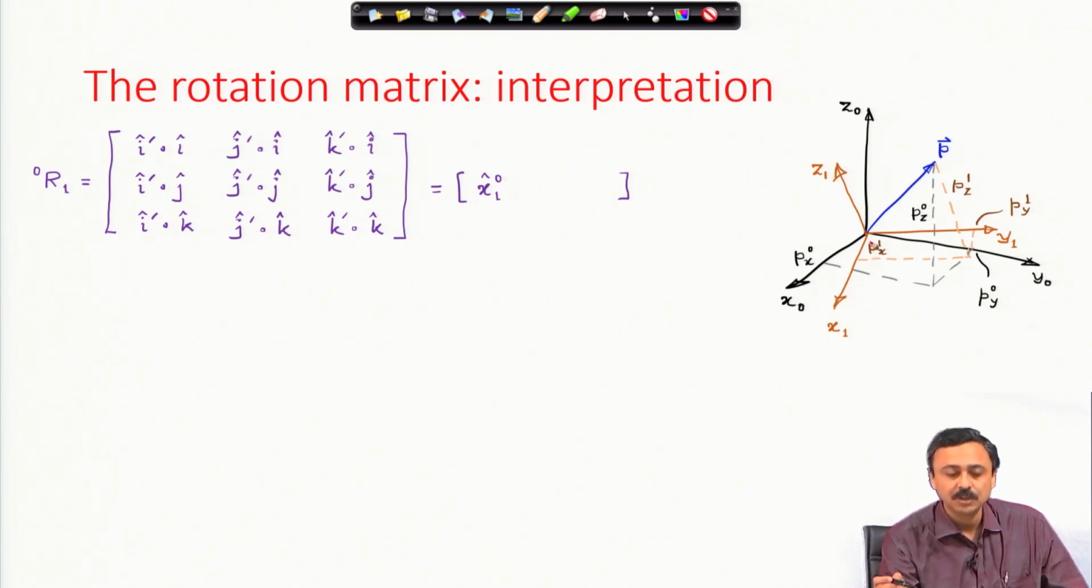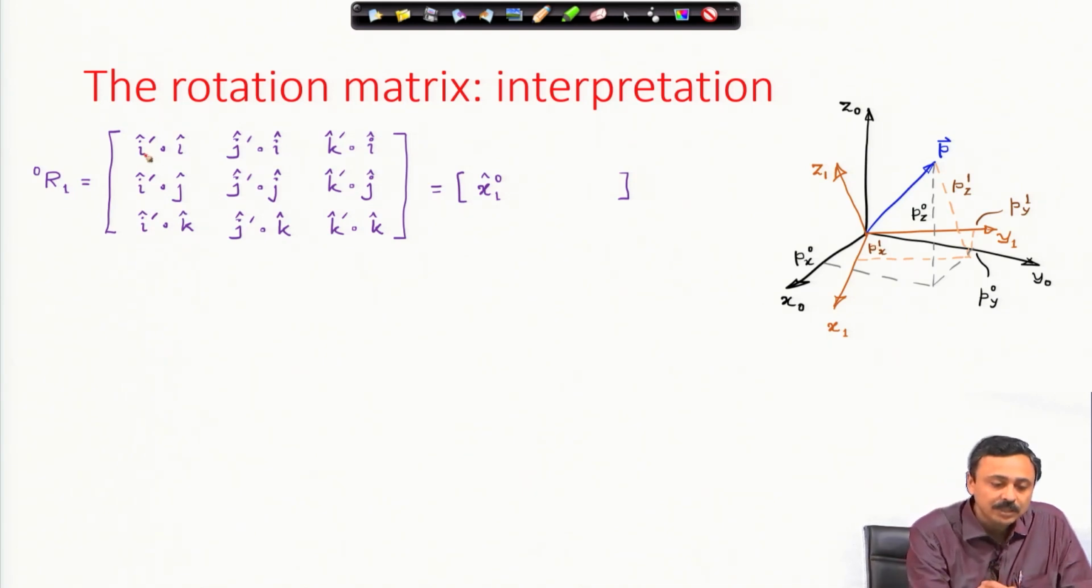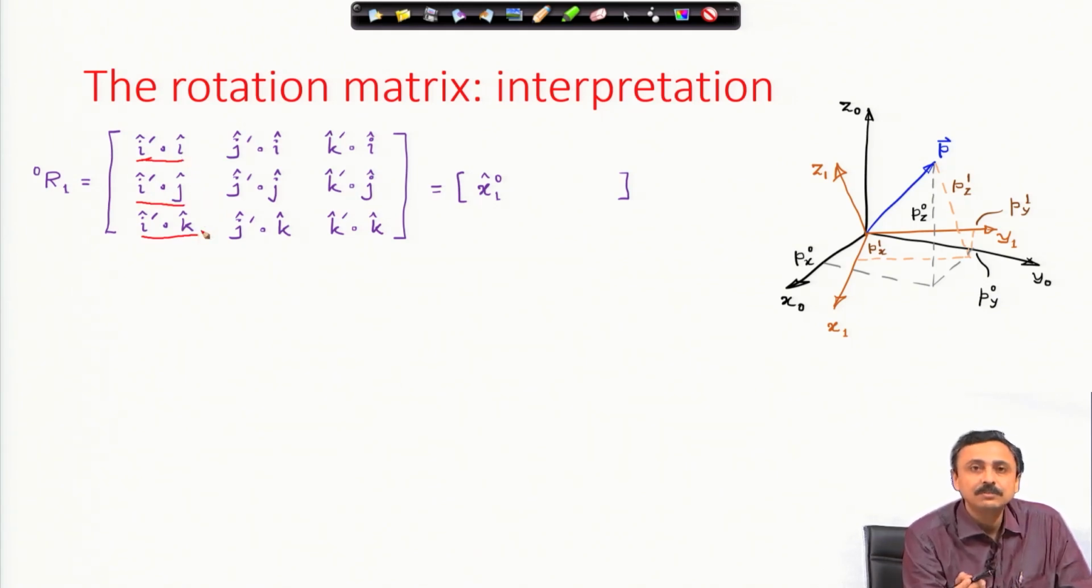How do I find the coefficients, the coordinates, of a vector, let us say a position vector? How do you find these coefficients along different axes? I take the dot product with the different axes, once with I cap, once with j cap, once with k cap, and that gives me the coefficients of that vector's representation in that coordinate system. Now, I have taken I prime cap and taken the dot product once with I cap, once with j cap, once with k cap. What does this give us? This gives us the direction cosines,